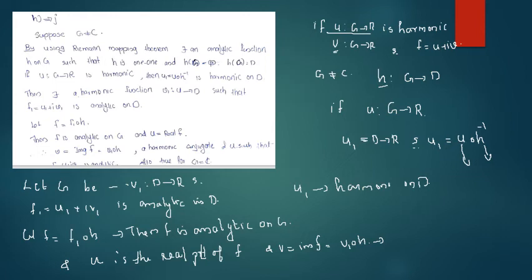So if either G is the complete plane or some portion of C, then there exists a harmonic function v1 from D to R such that f1 equals u1 plus i v1 is analytic in D, and if we define f equals f1 composition h, then f is analytic on G, and u is the real part of f, v is the imaginary part of f, and v is defined as